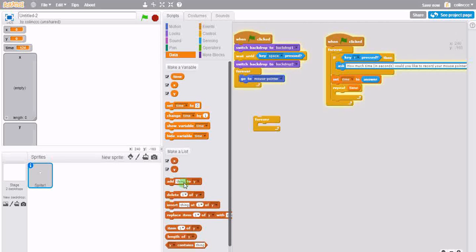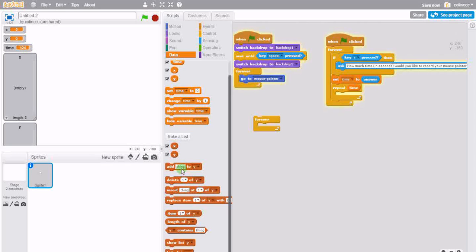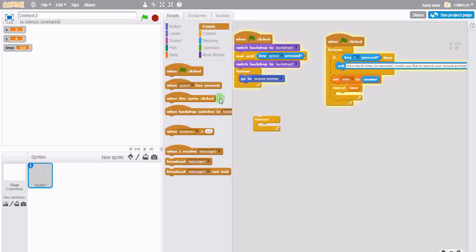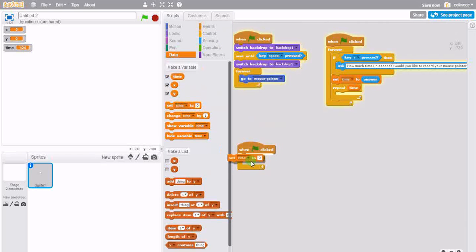So now we don't need to show these lists, so we can just click that. These lists don't have to be shown in the beginning at all. So we're going to actually make a whole different set, put in a forever loop. We're going to get both sets, set and set, and we're going to set X, and then we're going to set Y,